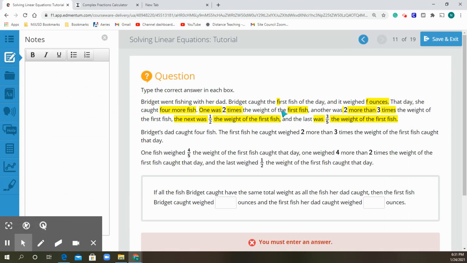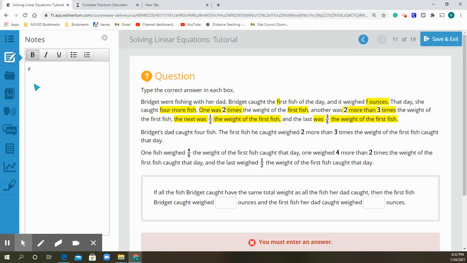Sorry, I misspoke. So let me back up. We have no place to do this work, so I have to do the work off to the side. I was trying to do two different tabs and that wasn't working. Here we go. So we have F ounces. Okay, F is for the first fish. She caught 4 more fish, the first one that she caught,